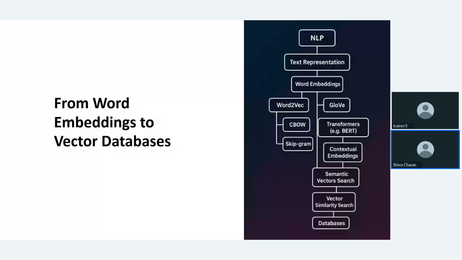It works on a formula: the square root of (x2 minus x1) whole squared plus (y2 minus y1) whole squared. That is the formula for cosine similarity, and it makes sure it fetches the relevant keywords. So let's say you are having an NLP